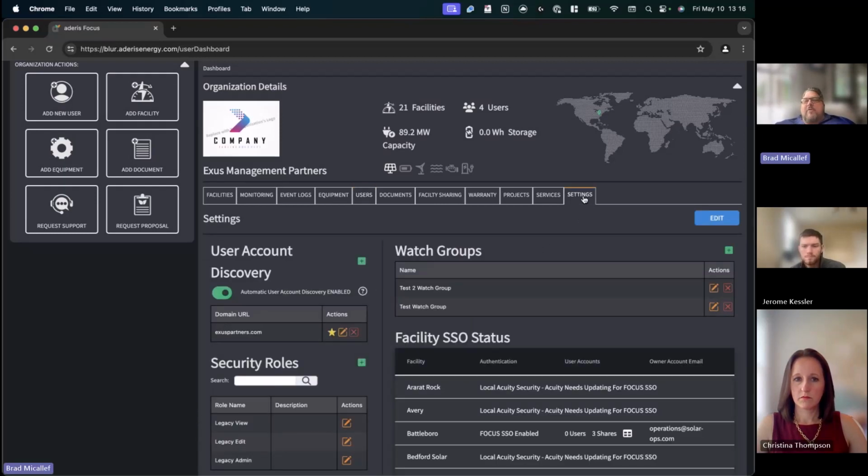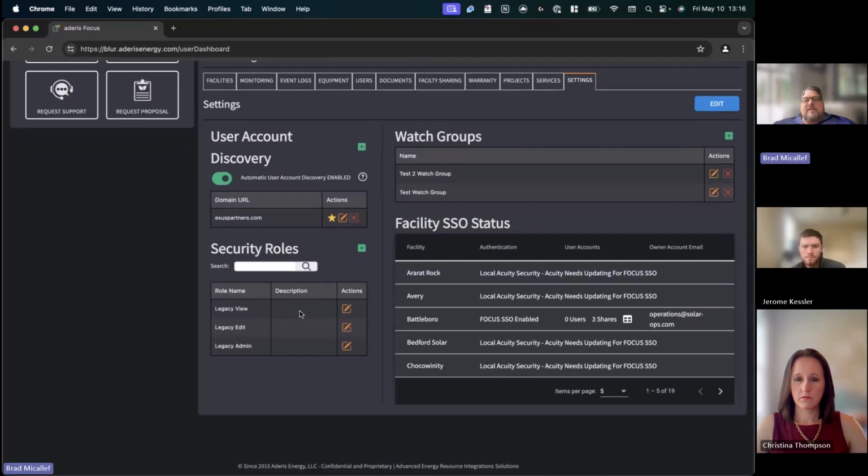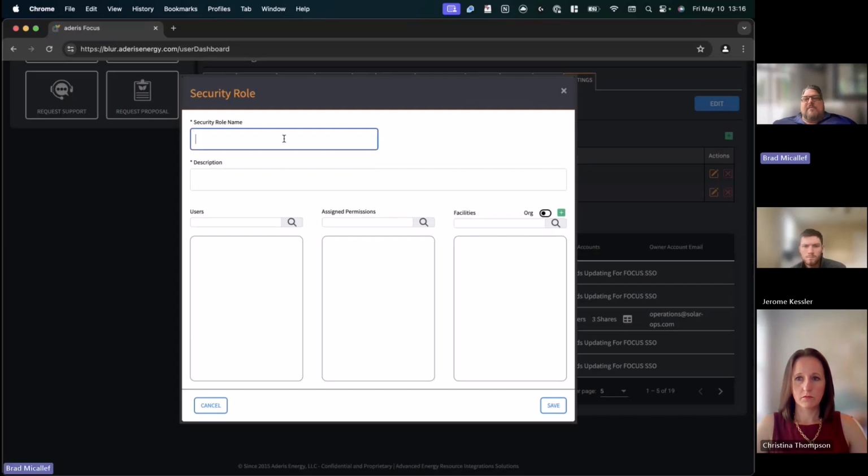If you're an admin for your organization, you'll have access to the Settings tab, and under Security Roles, you'll see the existing 3 roles that came with your organization. But today, let's create a new one. Specifically, I want to create a role for my operations group so that they can actually have admin privileges to the Acuity instances that we monitor. So I'm just going to give a very basic name here